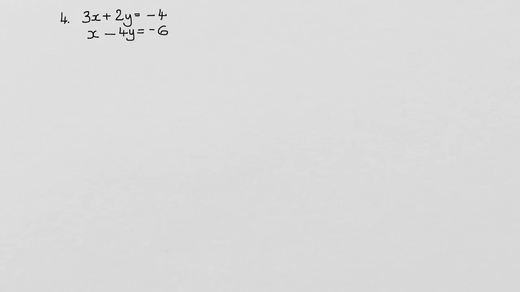Question 4, there's two different methods you can use for simultaneous equations. The first one being, we can multiply everything in the bottom by 3 so that we can get 3x and we can cancel them out. So if we do it that way, so timesing the bottom by 3, we are going to get 3x minus 12y, which equals negative 18. So we now have our equations. We can leave the first one as it is and call that equation 1. And we can call our new equation equation 2. If we then do equation 1 take away equation 2,